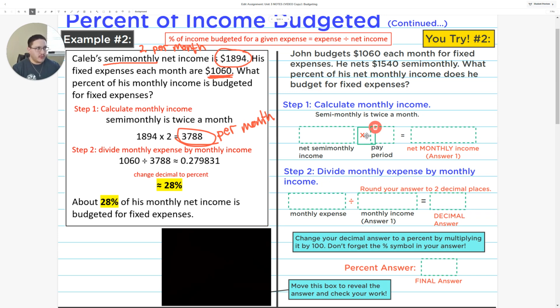Go ahead and pause this video. Try this problem on your own, especially if you're on ClassKick. Fill this out and see if you can get the correct answer. Practice is always best with math in general if you ever want to understand and fully grasp these concepts. You can't just listen to me. You have to also participate and practice the material too. So anyways, pause this video, try this problem on your own. Otherwise, I'm going to continue on and show y'all how to do this.